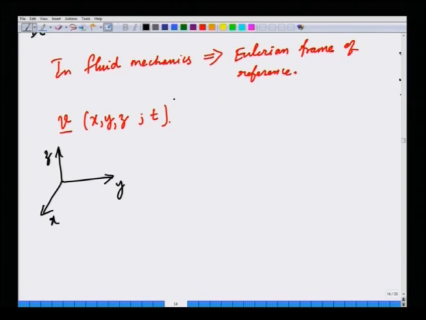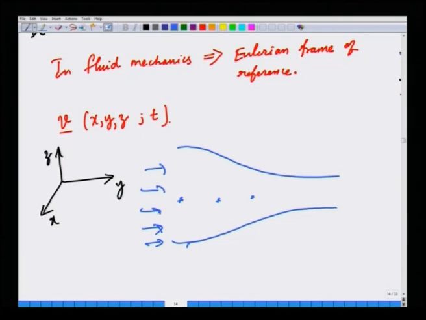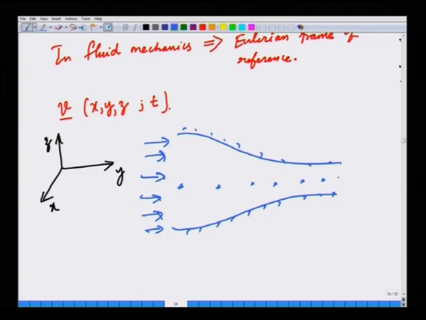Okay. So, imagine you have a situation where you have a channel like this, and let us say that at a given point in space the velocity is independent of time. So, at various locations the fluid is flowing like this. This is the channel wall, and fluid is flowing like this. At various locations, let us assume that for an experimental realization that velocities are independent of time. So, at a given location,